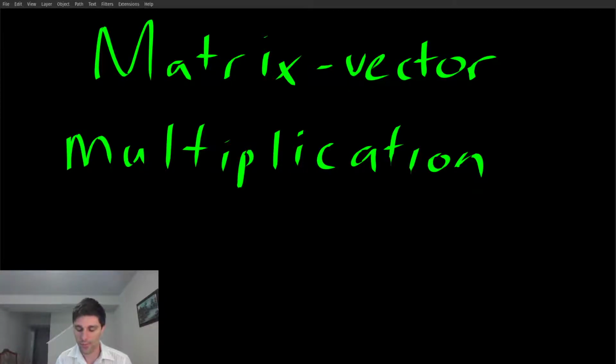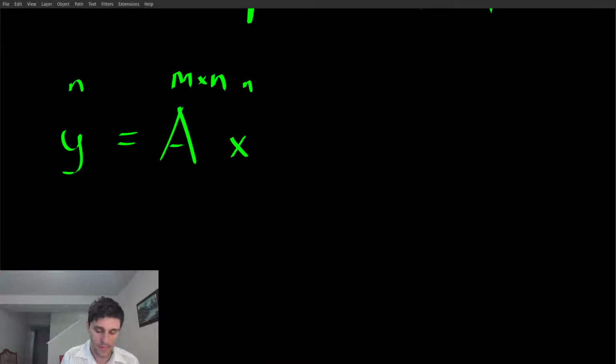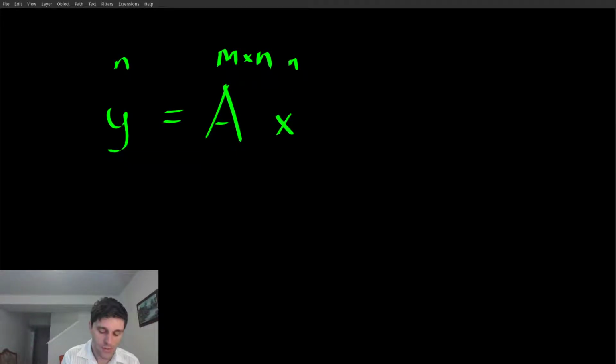Okay, let's walk through matrix vector multiplication. So, if you have some matrix A that's m by n, and you have a vector x that's an n vector, then you can multiply them together and you get a new vector y that's also an n vector. And each individual element, the ith element of y, yi, is going to be equal to the sum